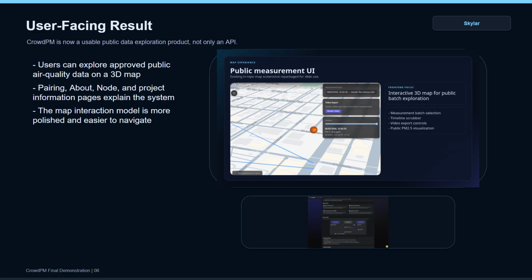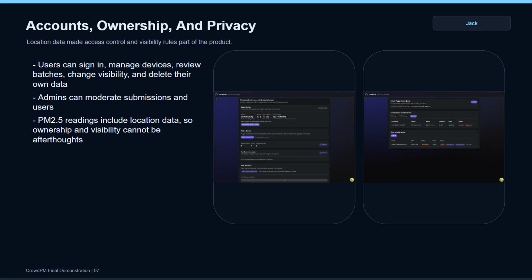The most important user-facing result is that CrowdPM is no longer just an API or some sort of data store. Users can actually explore public air quality data, understand how pairing works, view project information, and interact with the map in a more polished way. The project also includes the account and ownership layer. Users can sign in, manage devices, review batches, change visibility, and delete their own data. Admins can moderate submissions and users. This matters because PM 2.5 readings include location data, so access control and visibility rules were part of the product,